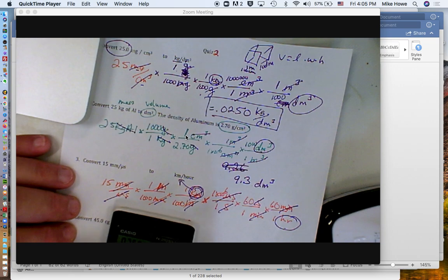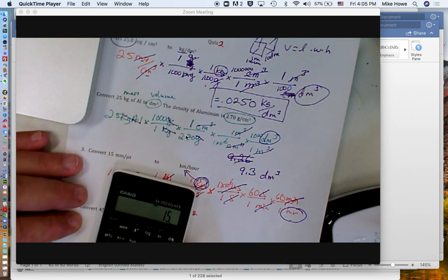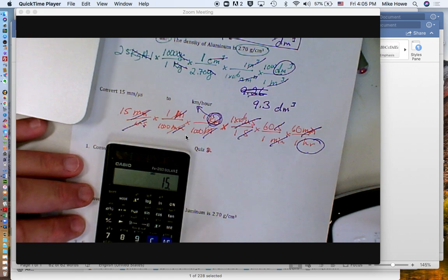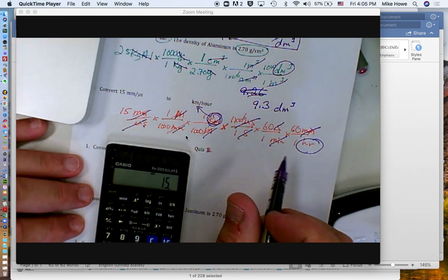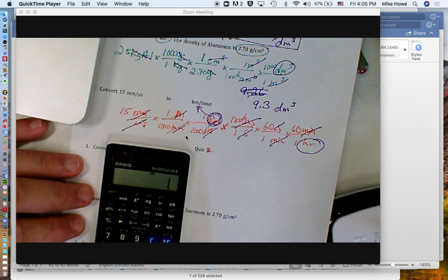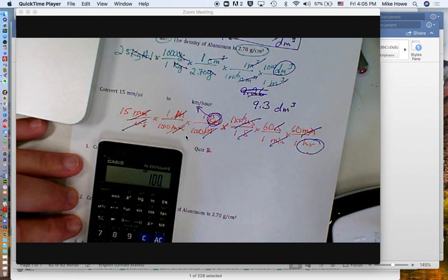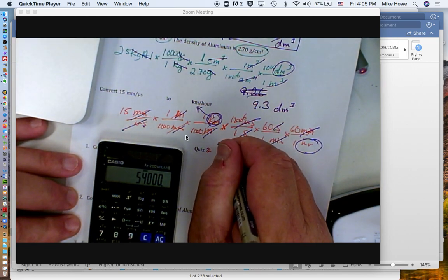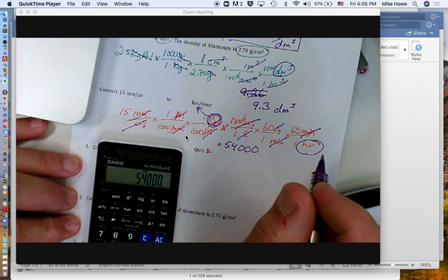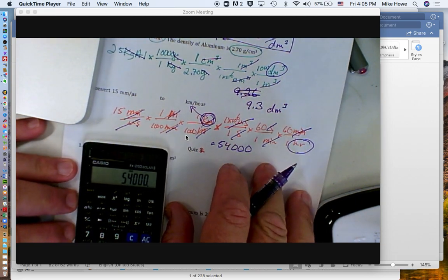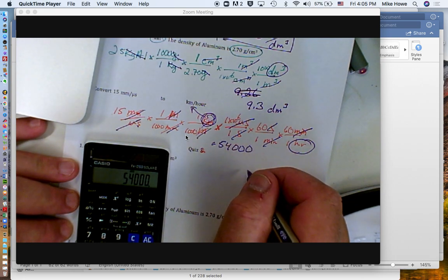Then when you do the math, it's 15. And you're going to multiply. I'm going to do it all, and then I'm going to show you a shortcut. 15 times 1,000,000, so 1 EXP 6. Remember your EE key or EXP key. Times 60. Times 60 equals. So we divide by 1,000, then divide again by 1,000. So we get 54,000. And that would be the number of kilometers